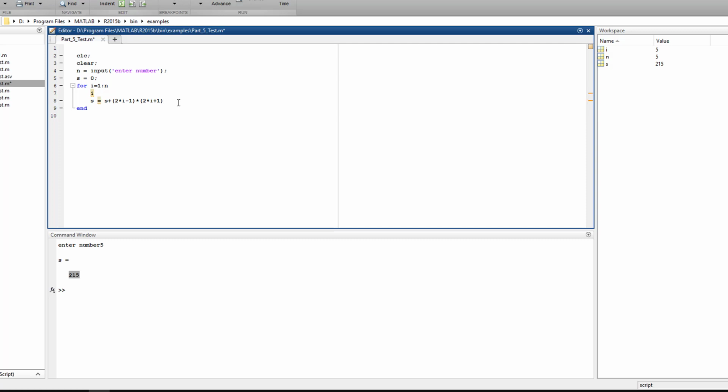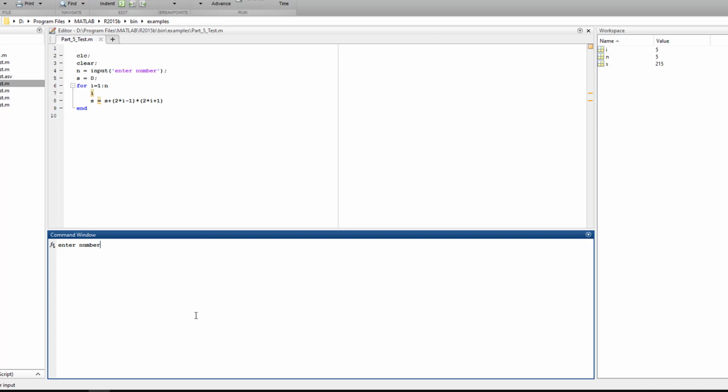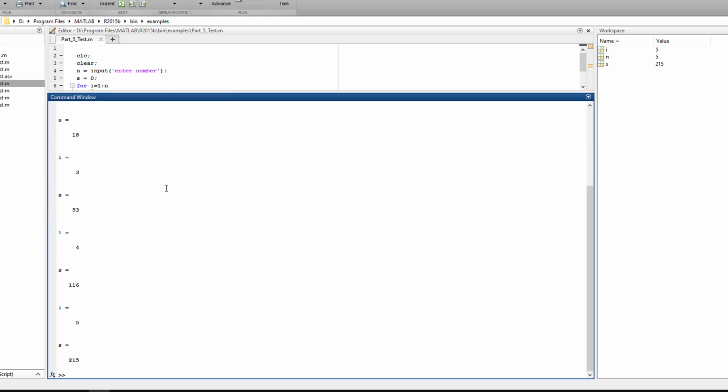I want to see what is the value of s in every iteration. So let us again run this program and see what happens. I am giving 5 as the input and typing enter. So you can see it run, and this is the initial value, that is i is equal to 1,